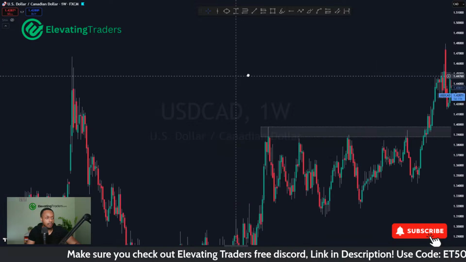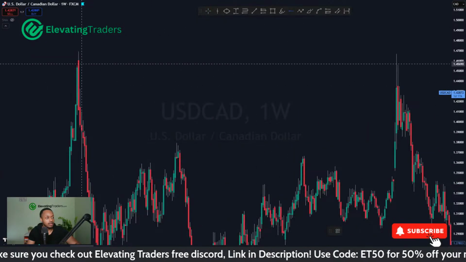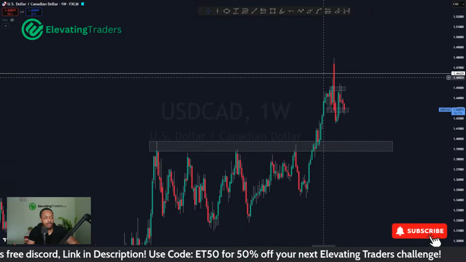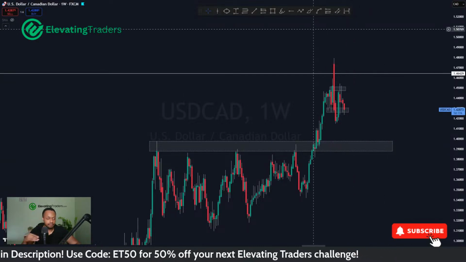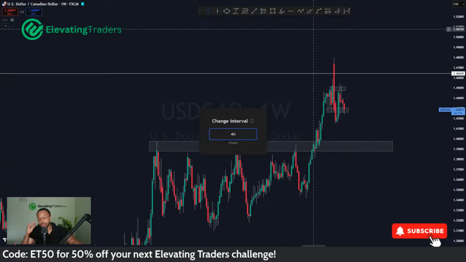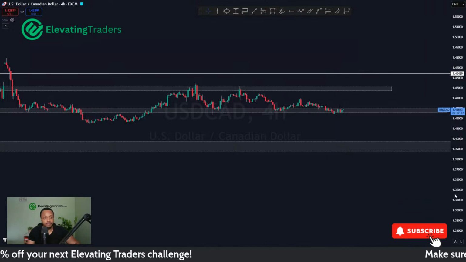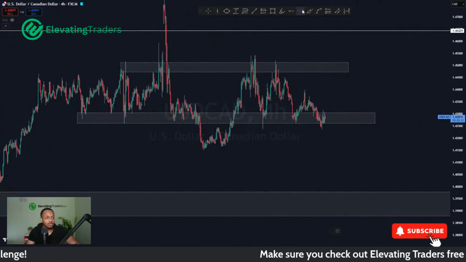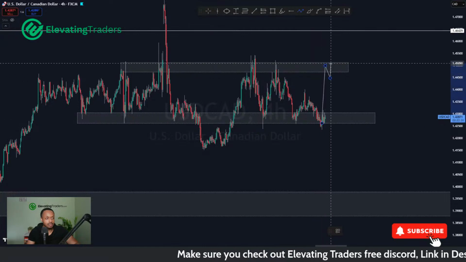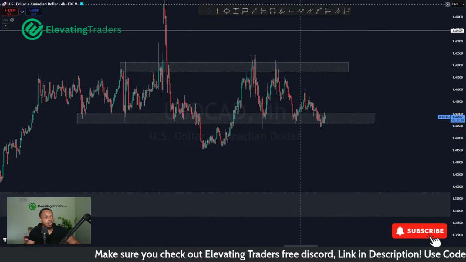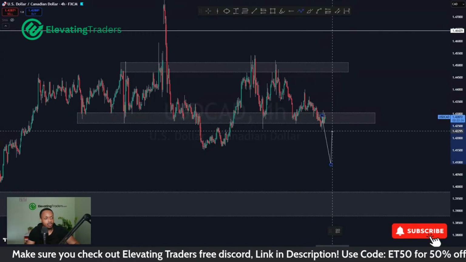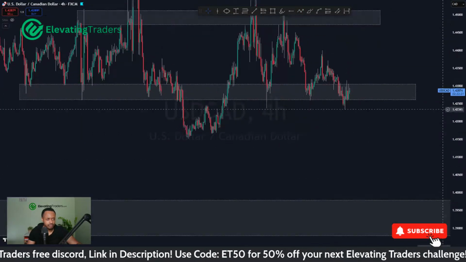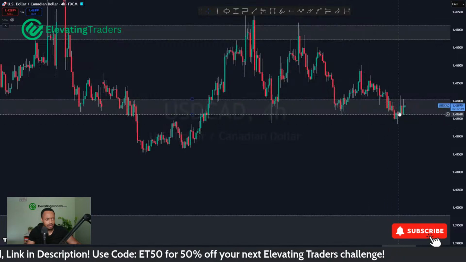It was smashed into a massive weekly level over here, as we can see. So I do think dollar CAD is due a retracement. So that's the direction I'm looking to trade in. However, I need to find an opportunity to trade it, and a good one too. So that's what I'm waiting for. My take was either a push back into resistance, then a short, or we break to the downside and I look for pullbacks after that. At the moment, neither is happening. And it looks like price had a bit of a fake to the downside.